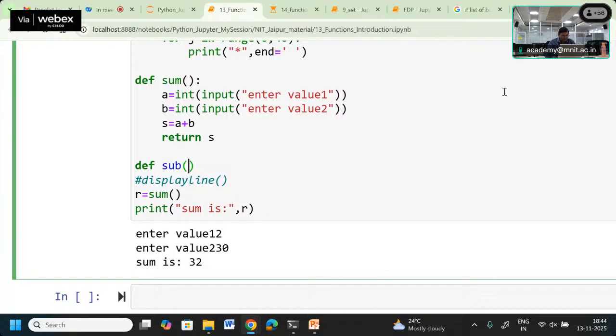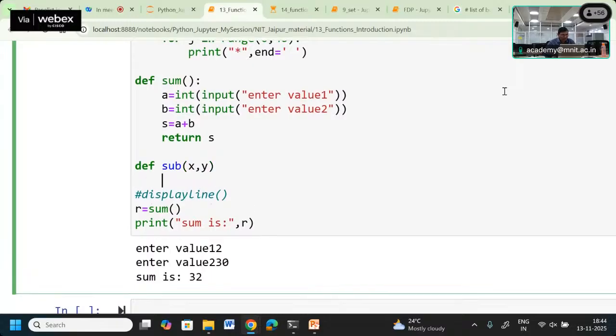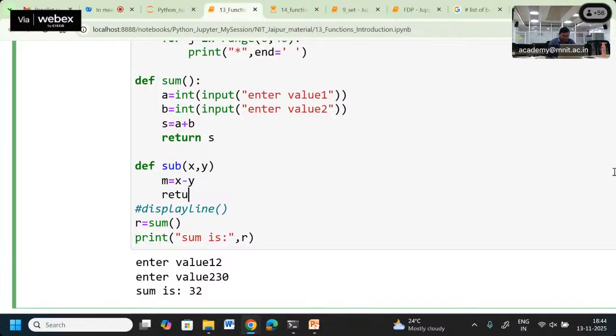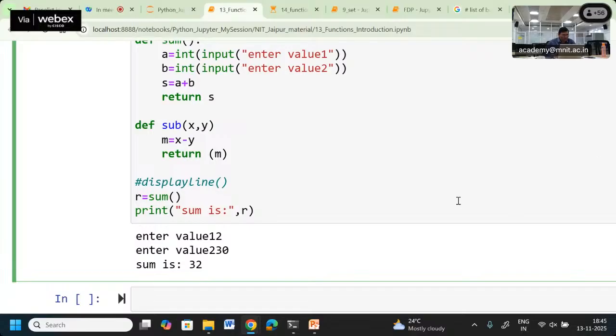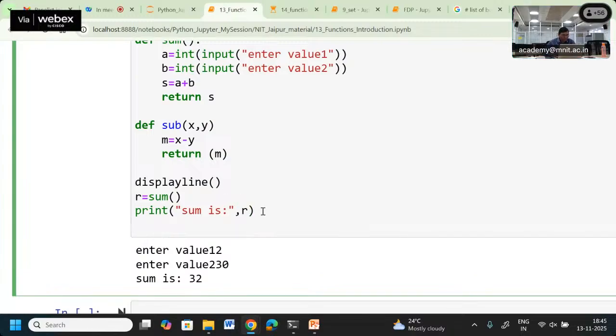We are making this x comma y, and then we are going to write a function: m equal to x minus y, and then return m. Okay, and then we can call the sub,